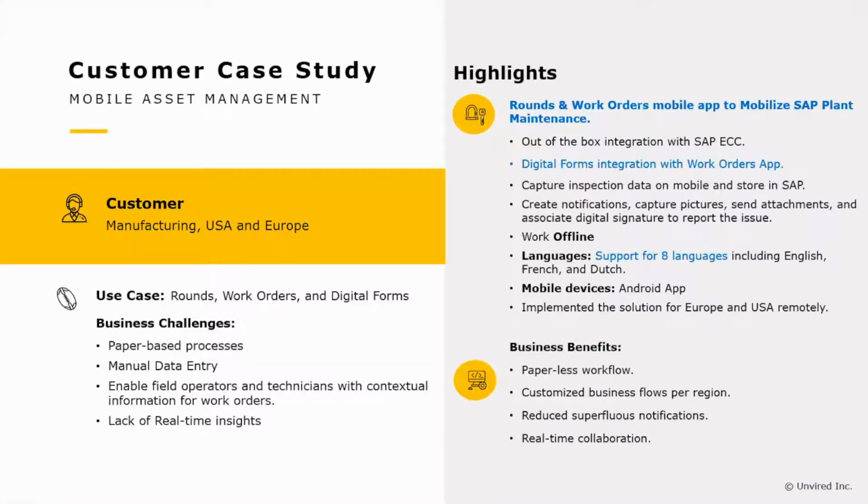So before we get into the live demo, just wanted to briefly talk about a couple of customer case studies. One of the use cases was that one of our customers in USA and Europe were capturing all the observations in a particular plant of the defects in equipment or any maintenance related activities on a piece of paper. And they were filing it in for the supervisor to scrutinize them and then finally create notifications in SAP for maintenance or repair. So we used the EAM application along with the digital forms piece